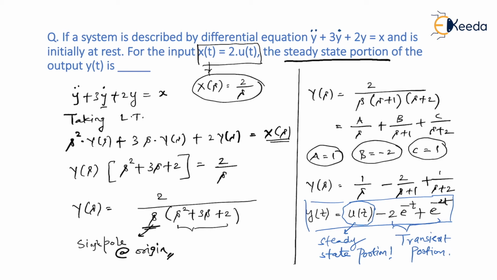I hope you got the difference. What is the difference? When they say steady state value, it means you have to give some numerical answer. But when they ask you steady state portion, it means within the expression, you have to find out what the transient part is. A transient part or transient portion is that portion which becomes completely zero, which dies out when t tends to infinity. But whatever remains in the expression is known as the steady state portion. So I hope you got the difference between steady state portion and steady state value. Let's move ahead with the next question.